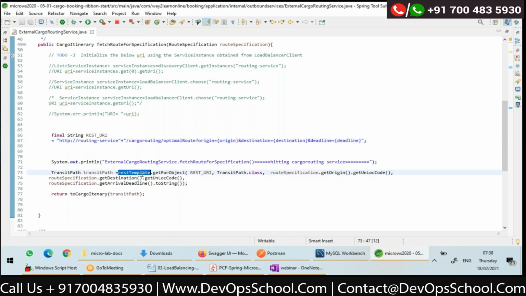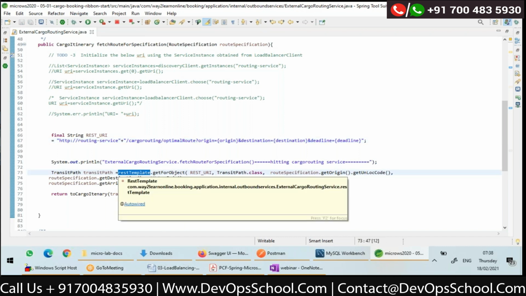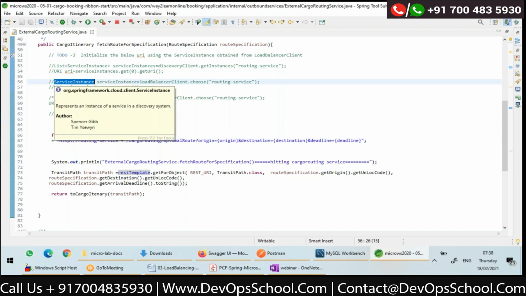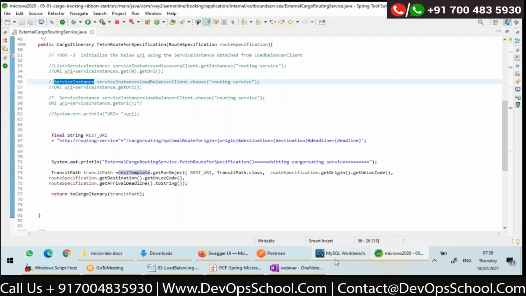Whenever I'm making a call using REST template, the interceptor will execute before it makes the call. The interceptor will take whatever is after http:// and internally use load balancer client dot choose, where it will get a load balanced instance, then replace this with the URI.